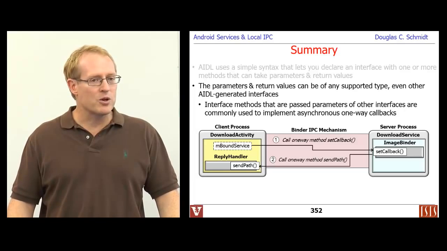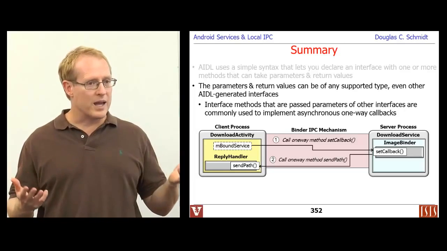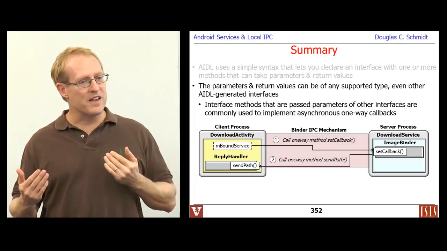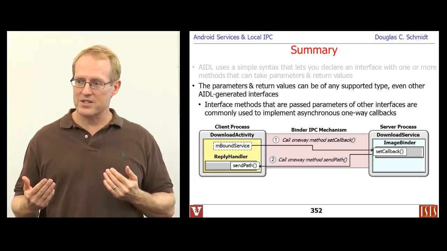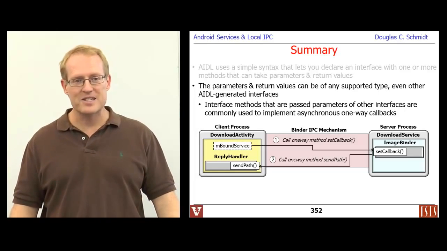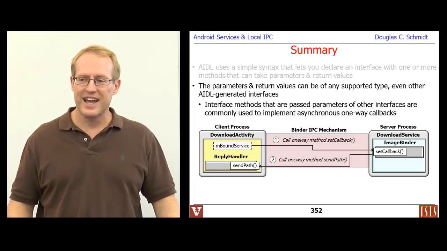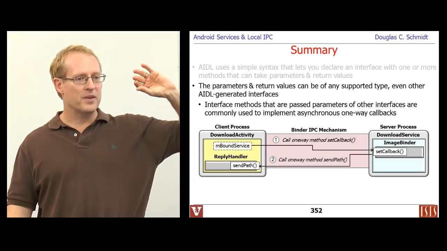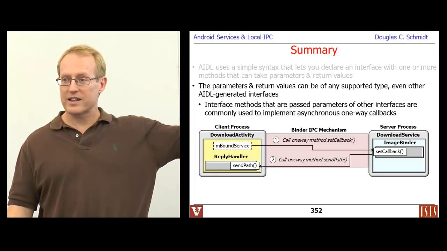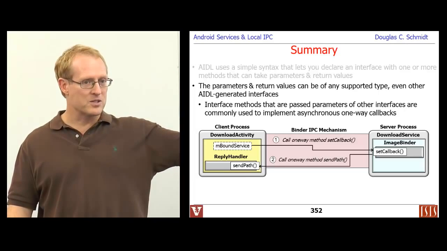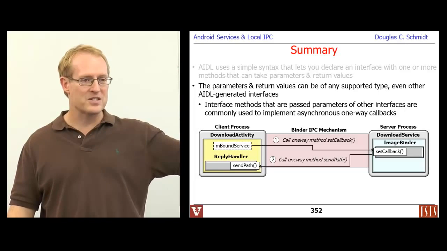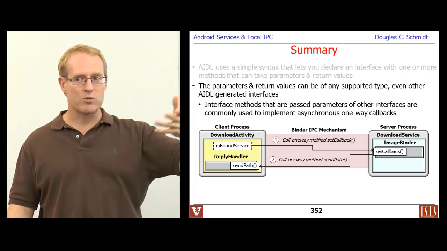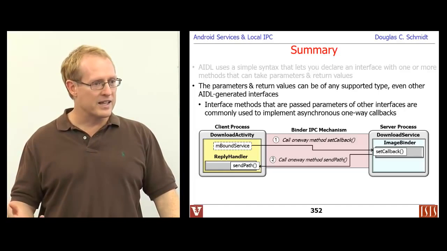The parameters and return values can be any of the supported types we just talked about. And you can even have interface parameters passed. And we'll see this later when we start talking about asynchronous interfaces in AIDL. What you can do is you can essentially create objects that live in a client that are instances or implementations of interfaces,